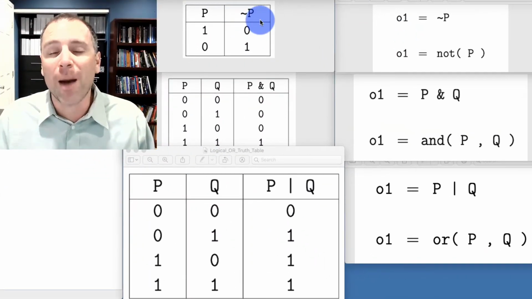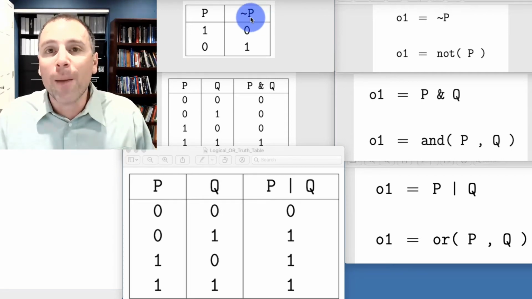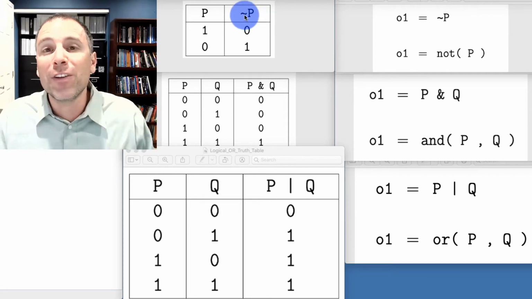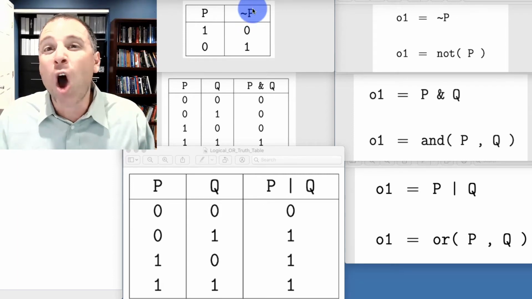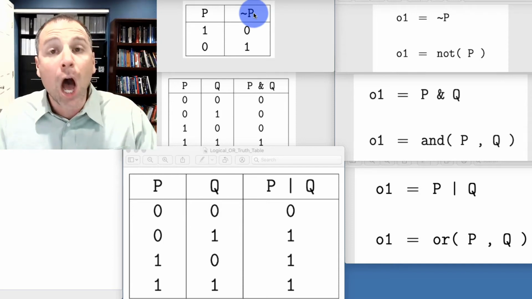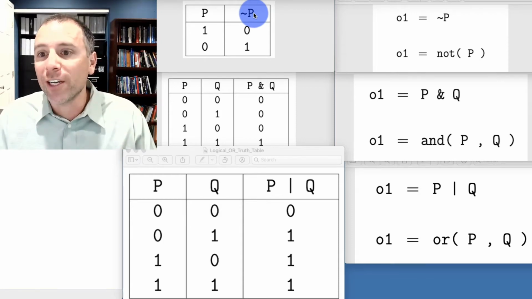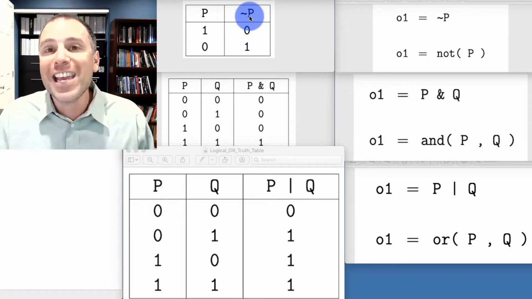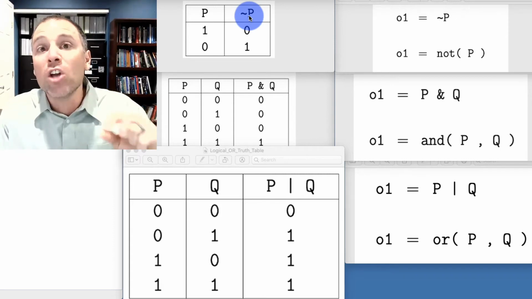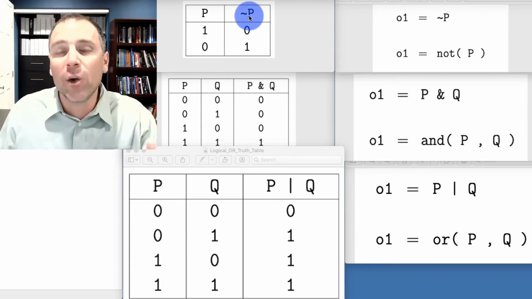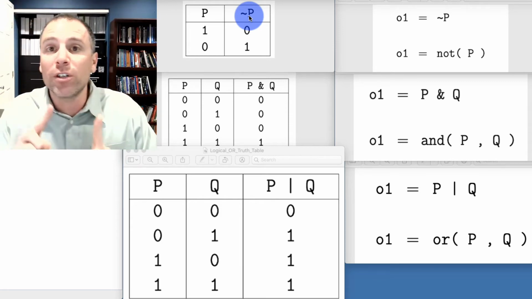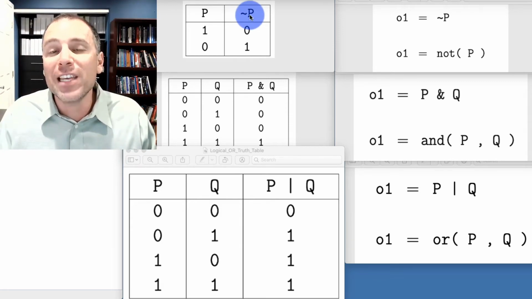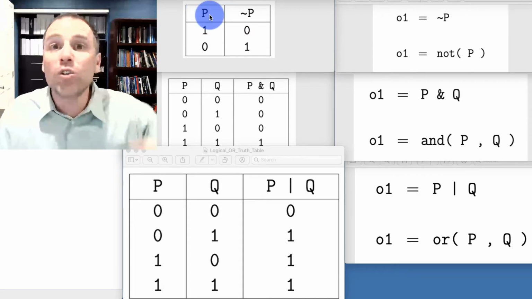We'll start with the NOT operator in MATLAB. When we use the NOT operator, that was a unary operator. Specifically, we used the little tilde, and then on the right of that tilde, we placed a logical variable. That could be a logical scalar, a logical vector, or a logical matrix. When we put NOT P, whatever that variable is, every individual logical scalar in that array turned to its opposite. So all 0 entries turn to 1 and all 1 entries turn to 0. In other words, whatever the size of the input, the output had the same size,